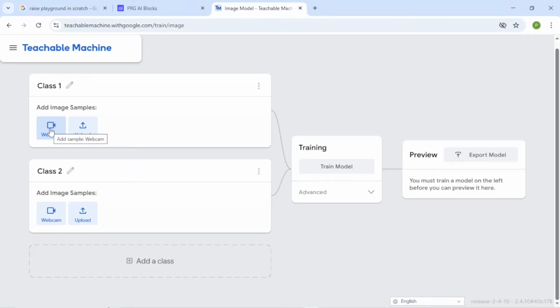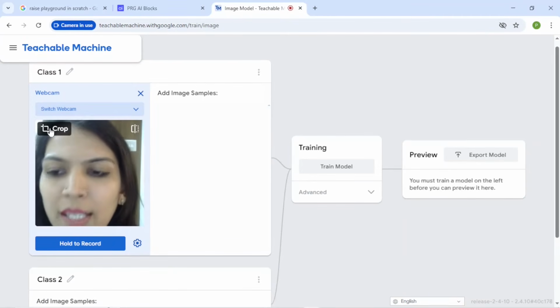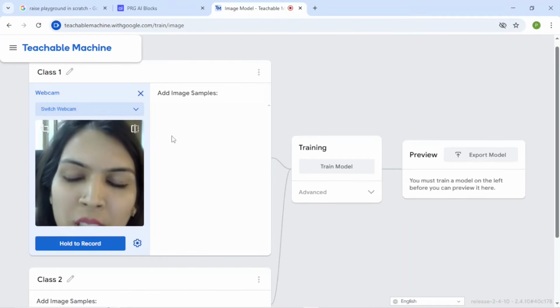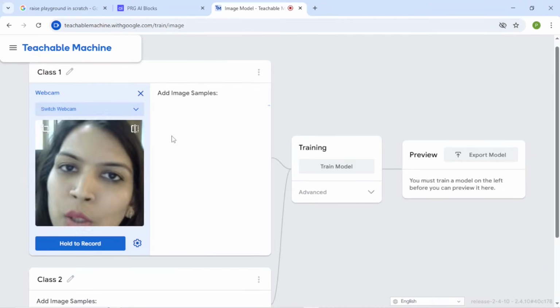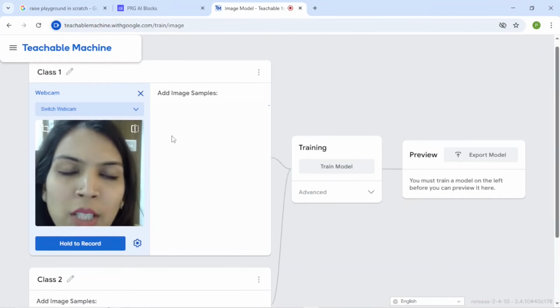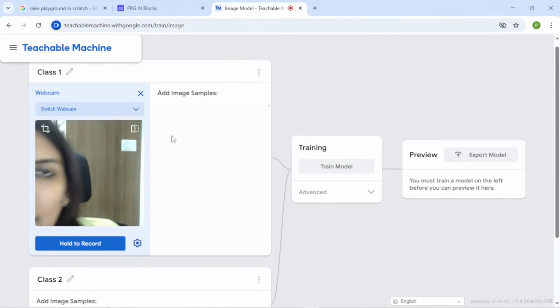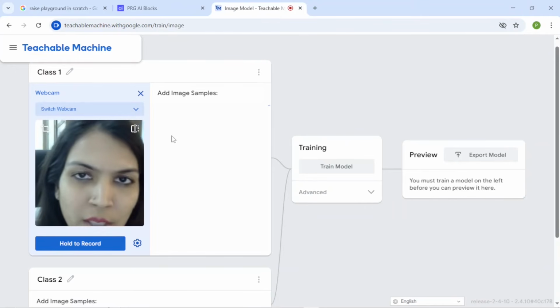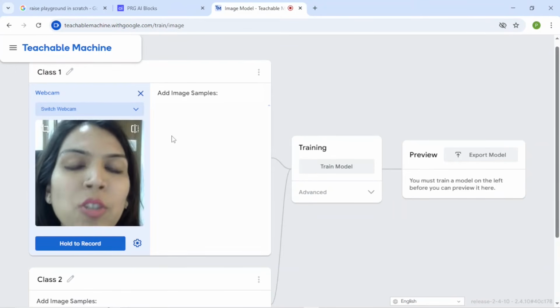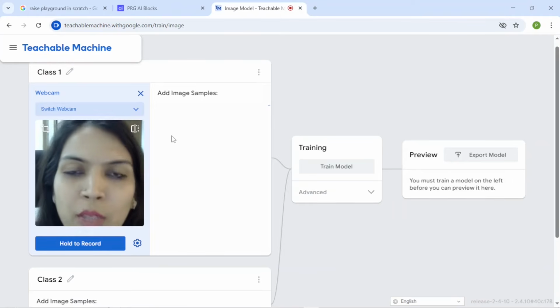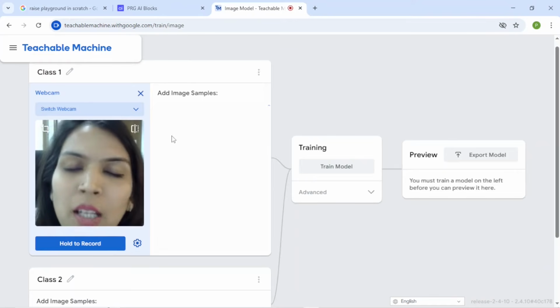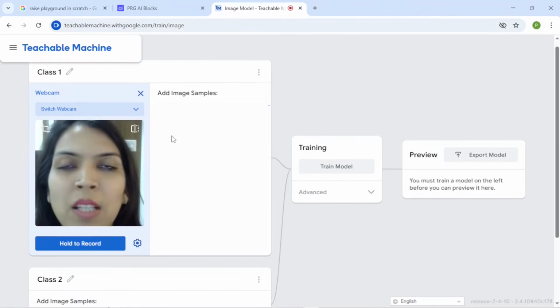Here I'm going to show how we can use the webcam. So I just click on the webcam and now you can see my screen over here, right? While you are creating the training model, you need to create at least two classes. Here I am going to give simple actions. First, I will move my face to the left side, and in the second class, I will move my face to the right side. According to that, I will give instructions to my sprite and it will perform accordingly. So you need a minimum of two classes and a maximum as per your wish.